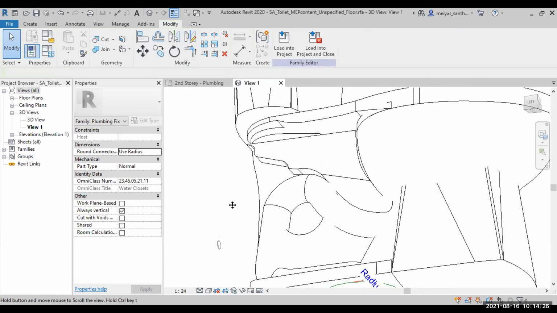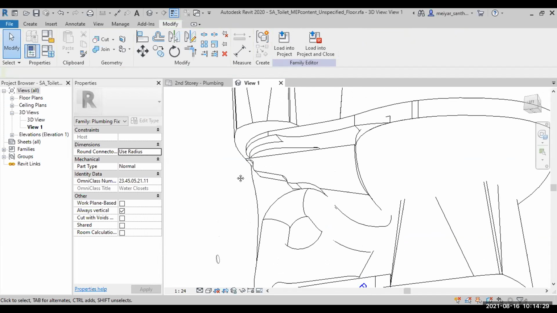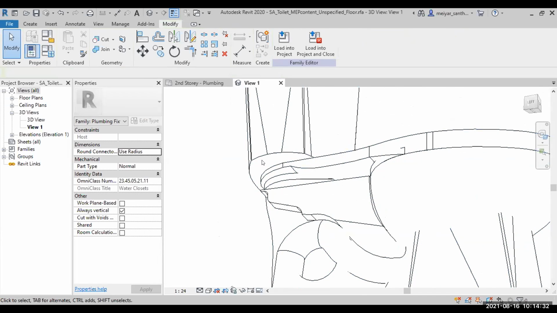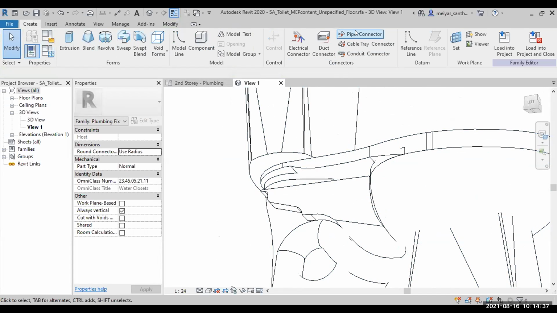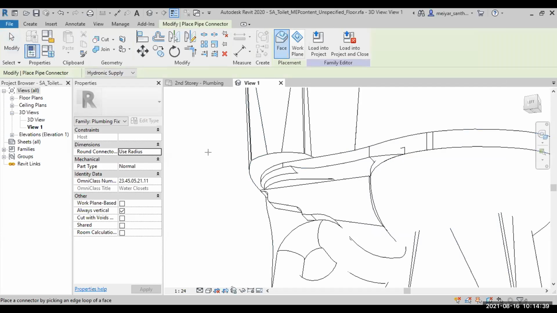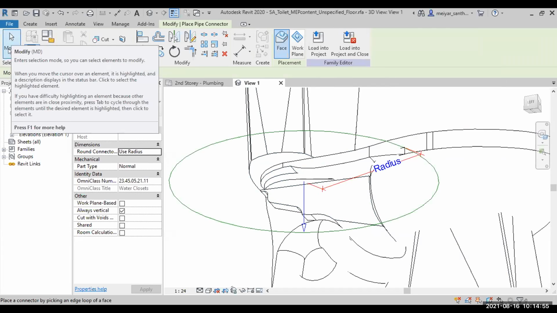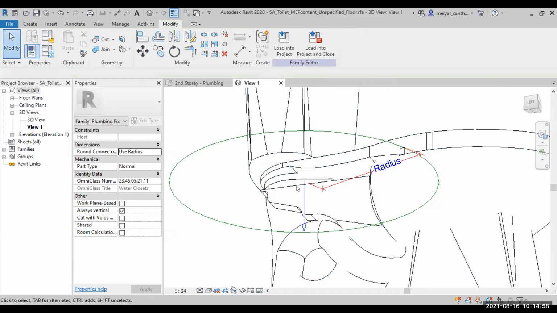Then here, where is the water coming? Here, right? Somewhere here. So same thing, you go to create pipe connector, then you select the surface. This one is not surface, so you may need to tap until you say, this surface. See that? Pick this. Now this guy is always go to the center. So you may want to move it to that corner. So sometimes by moving it, it's a bit tricky. So you need to go to your plan, which is